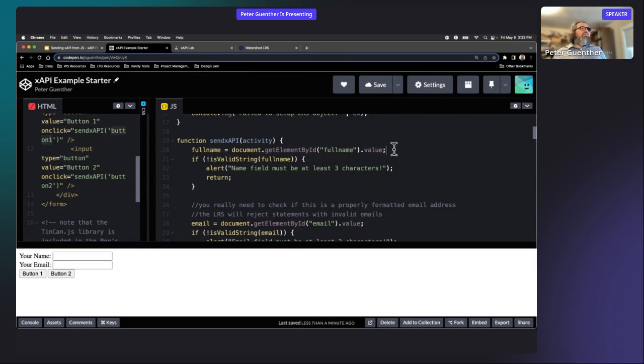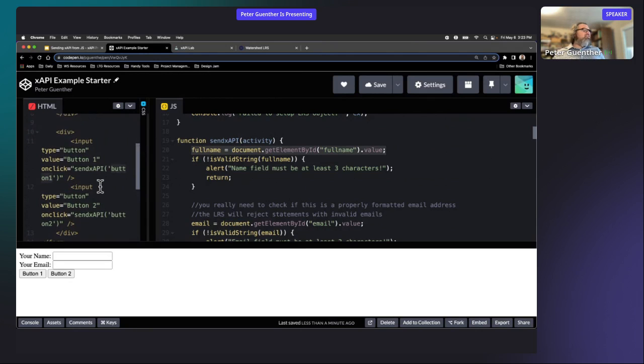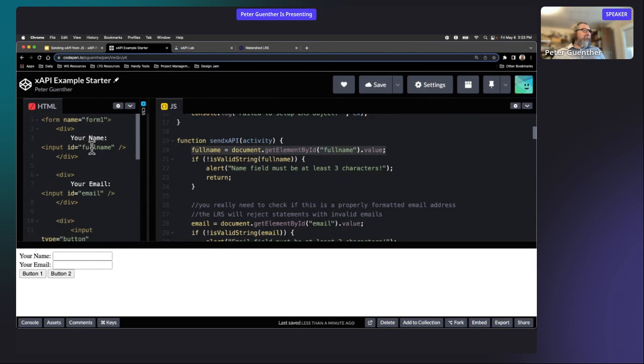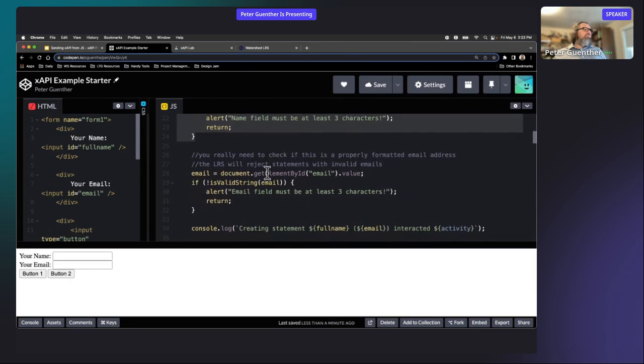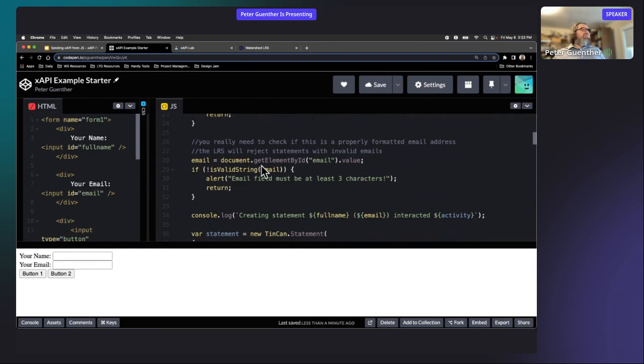So what's this code doing? It is going into the document on the page, and it's getting the full name, which means it's going to get whatever was typed into this box. It's going to check, is it at least 3 characters? It's going to do the same thing with email. It's going to get whatever value is typed in this box. It's going to put it into a variable called email, and it's going to check, is it at least 3